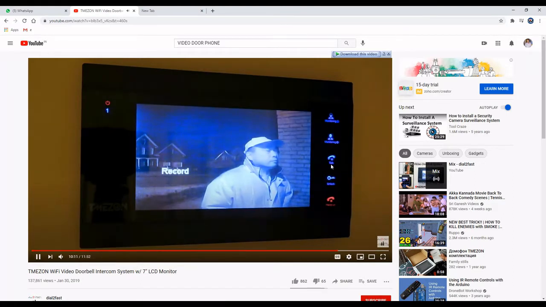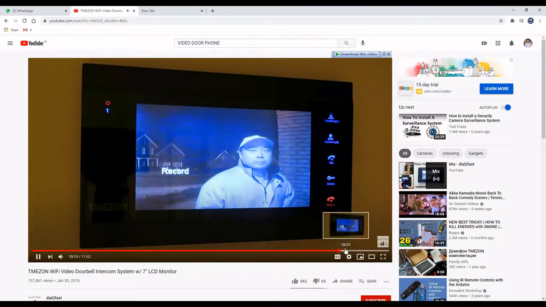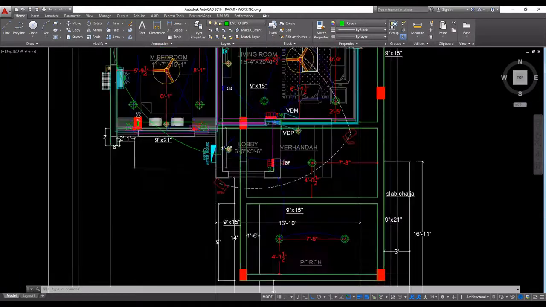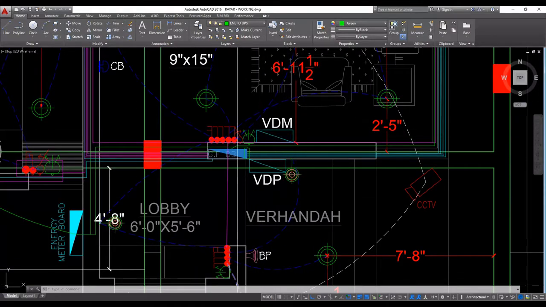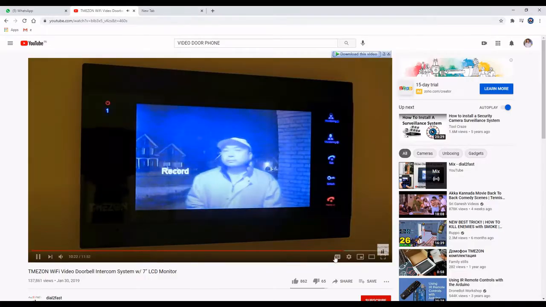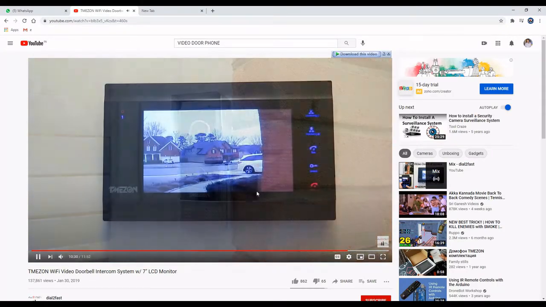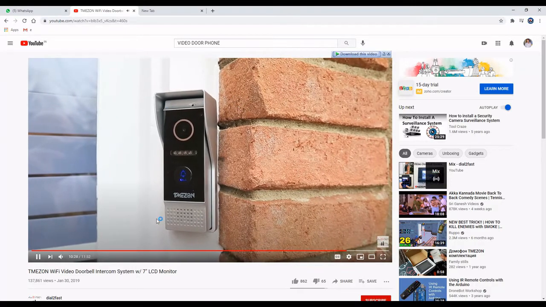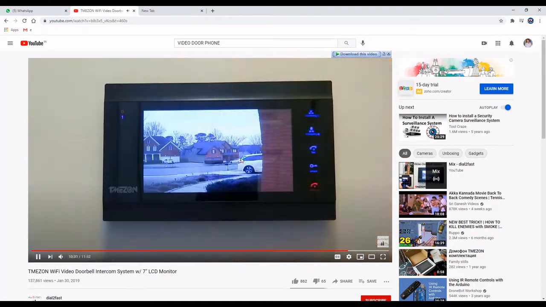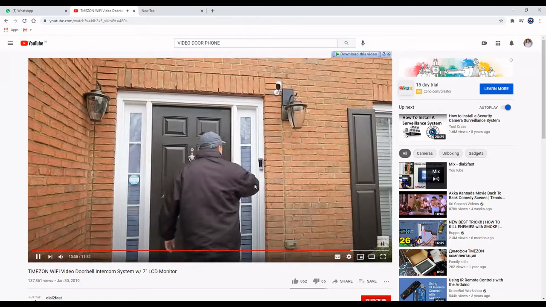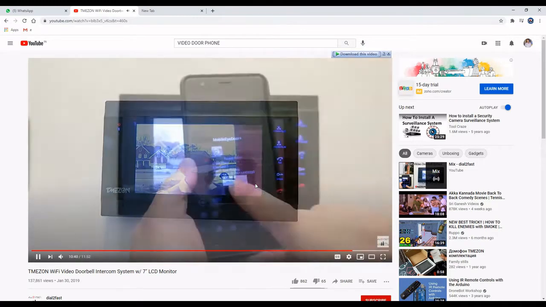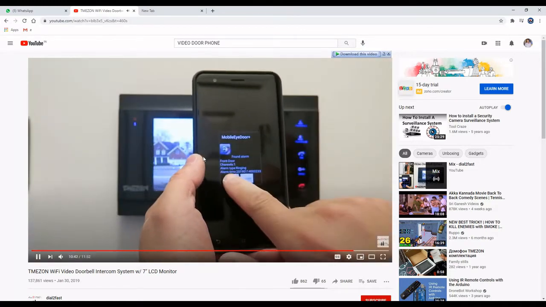This is the video door monitor, a large 7-inch color LCD display. This video door phone works like a Wi-Fi doorbell push system with a recorder. You are able to quickly see the person at the door. You can use the intercom to talk to the person without opening your door. This device will also notify you via the app when someone rings.